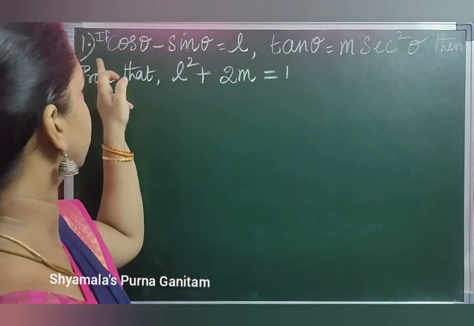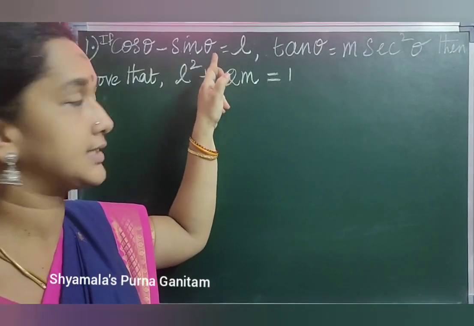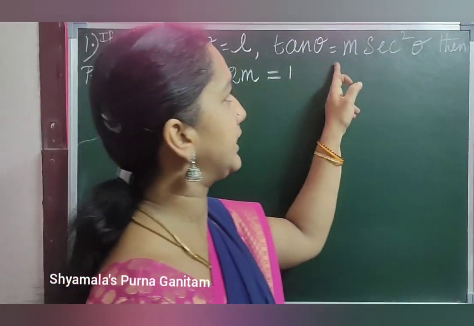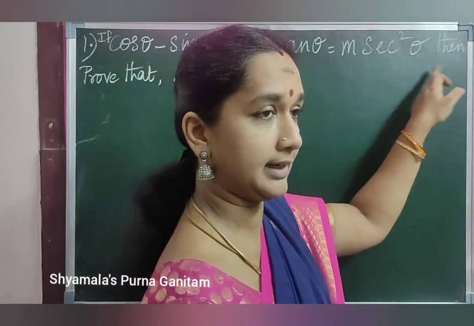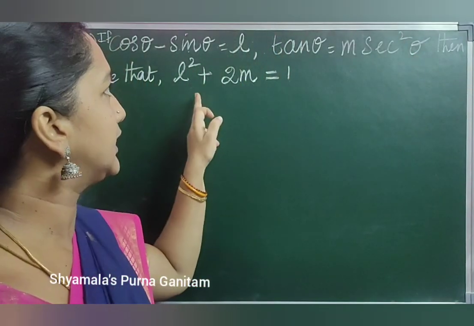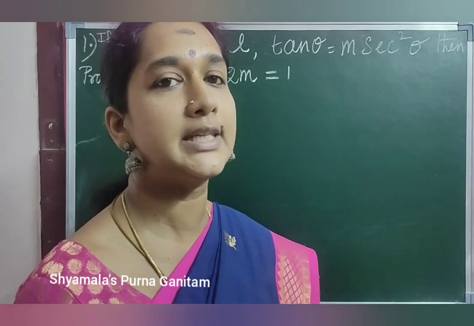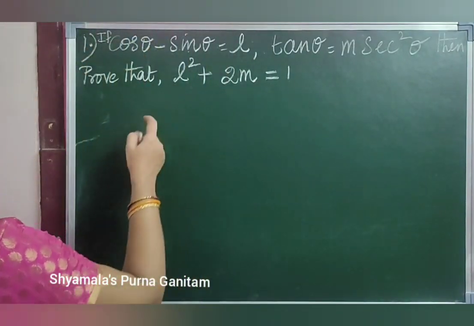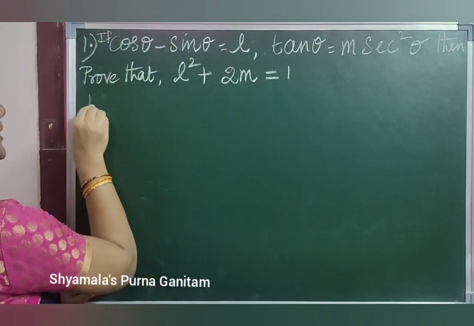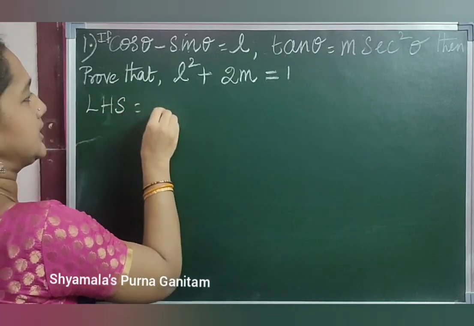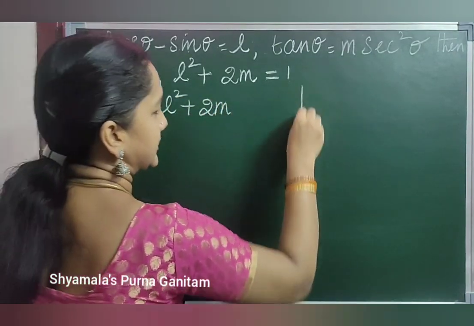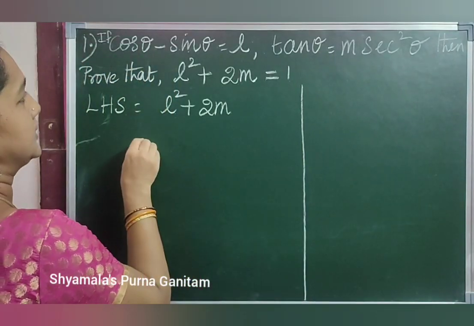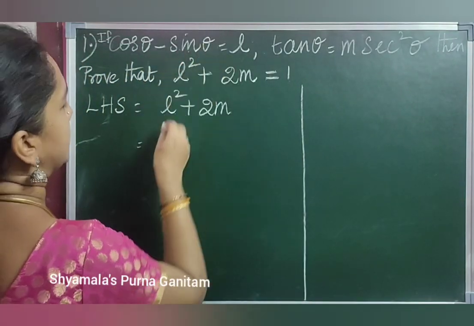Okay, first sum. If cos theta minus sin theta is equal to l, tan theta is equal to m secant squared theta, then prove that l squared plus 2m is equal to 1. So here the LHS is l squared plus 2m. I have to prove that that is equal to 1. So when I am substituting this l squared